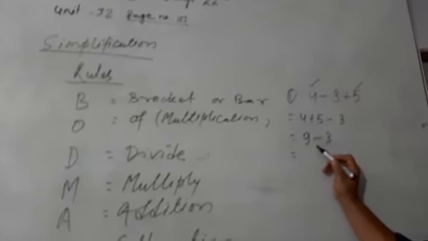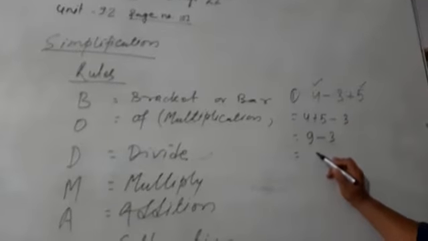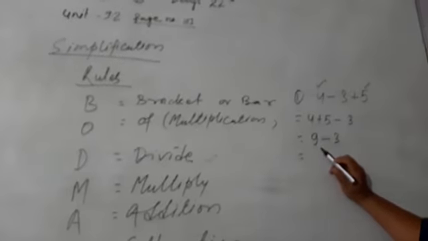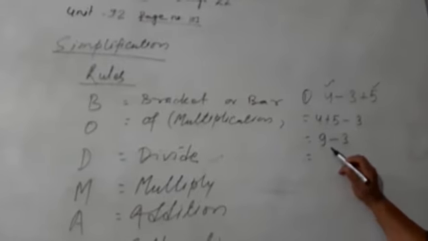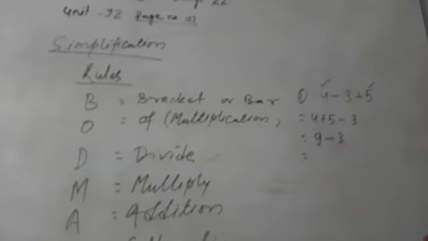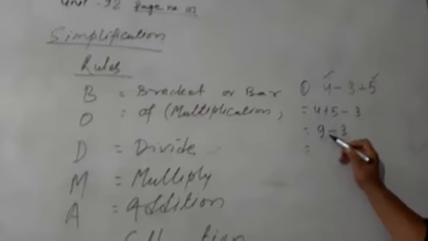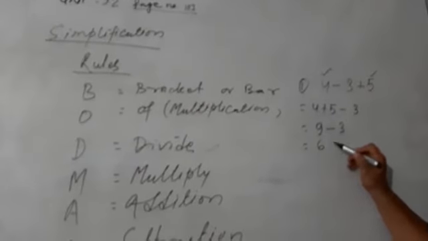And then at last you are doing, they have a different sign. Here we discuss in algebra, when two terms or digits or numbers have different signs, they are subtracted. So 9 minus 3 is equal to 6, the right answer. Did you understand? The rules of simplification, you must remember before you do simplification problems.